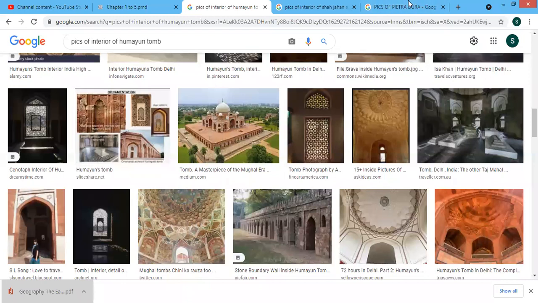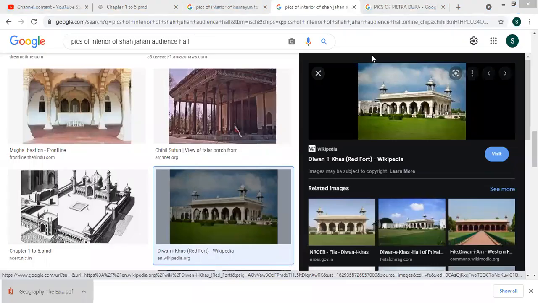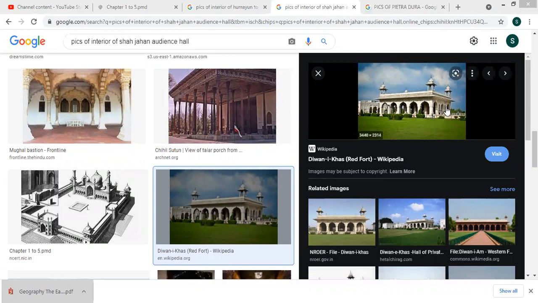Now let's talk about the other important monument, the audience hall, constructed by Shah Jahan. Here on your screen, Shah Jahan's audience hall was especially constructed to resemble a mosque. The pedestal on which his throne was placed was frequently described as the Qibla. The Qibla is the direction faced by Muslims at prayer time, when they offer their namaz. Everybody faces that direction, and that is where the court was in session.